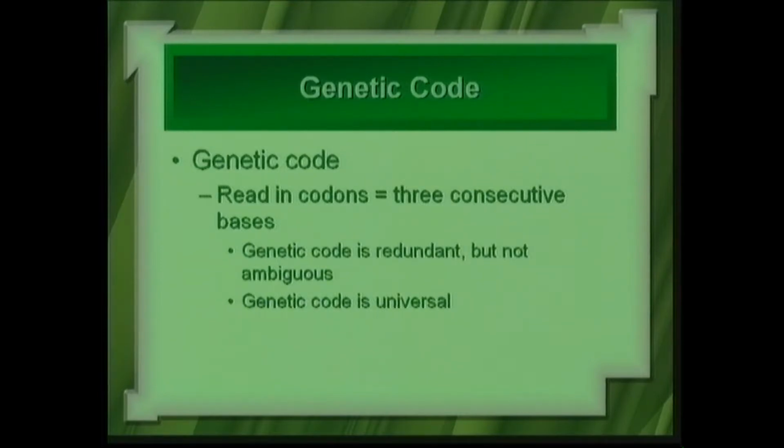Another very important point, okay, so the 2 important points here. The genetic code is never ambiguous. Another thing that's important in terms of application or technical use of this is that the genetic code is universal, okay? This is one of the reasons why you can take genes from a jellyfish and put them into a tobacco plant, or genes from a jellyfish into a mouse, and have the mouse glow in the dark, okay,